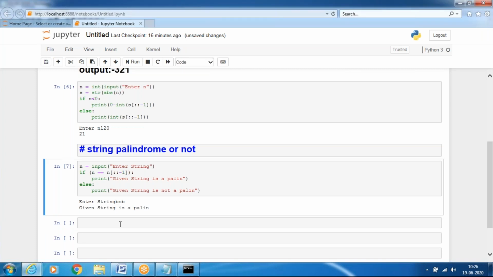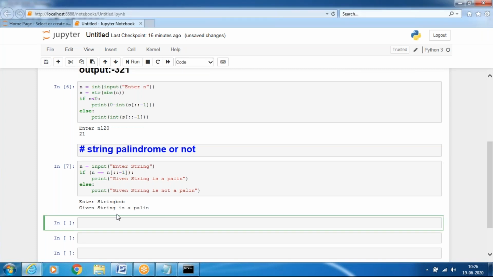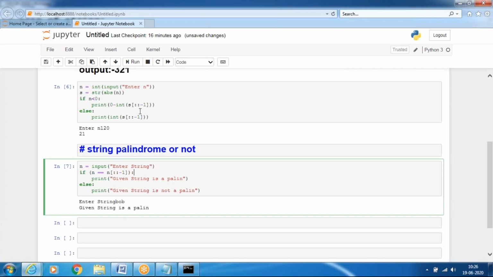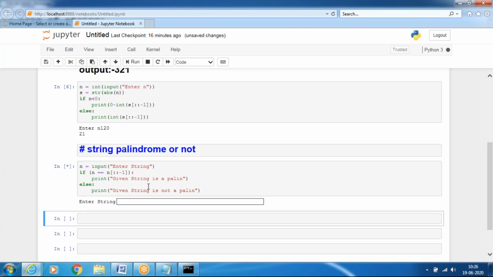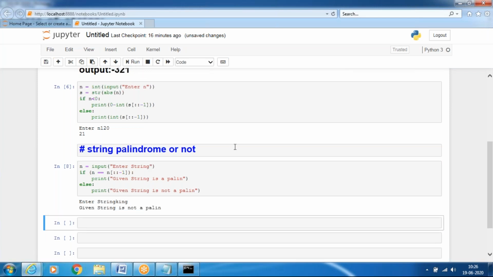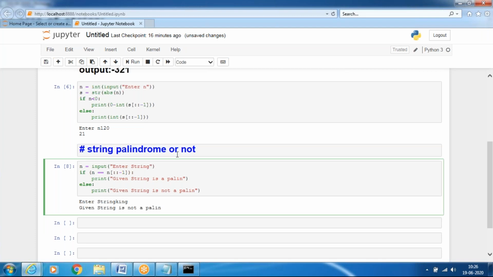Then again run this code. King. This is not a palindrome. We'll see that. Given string is not a palindrome. Like this, we'll write the palindrome program.